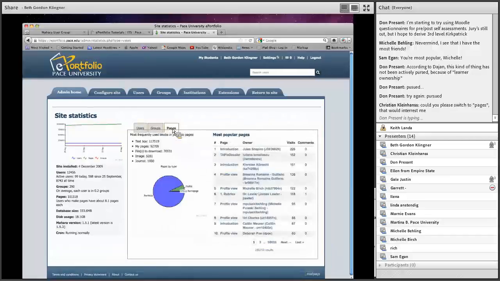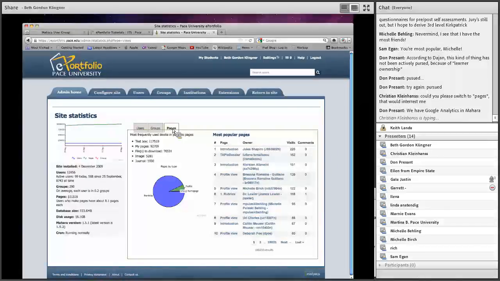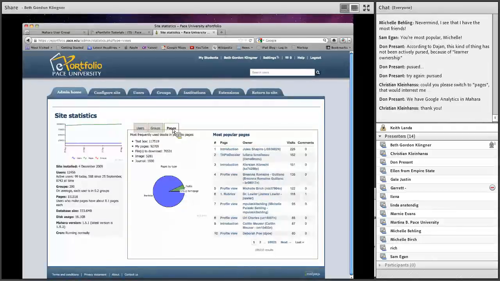Yeah, I did some work with Google Analytics with Mahara last year, but I found it somewhat limiting because I wasn't able to drill down to the individual student ePortfolio page. It gave me a snapshot of overall ePortfolio use, peaks, and trends as a whole, but I wasn't able to get a sense of individual ePortfolios, when they were trending or popular, that sort of thing.